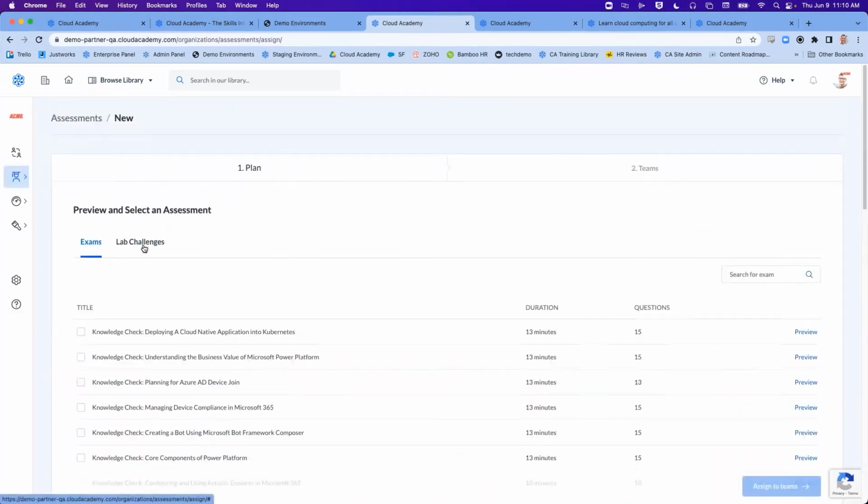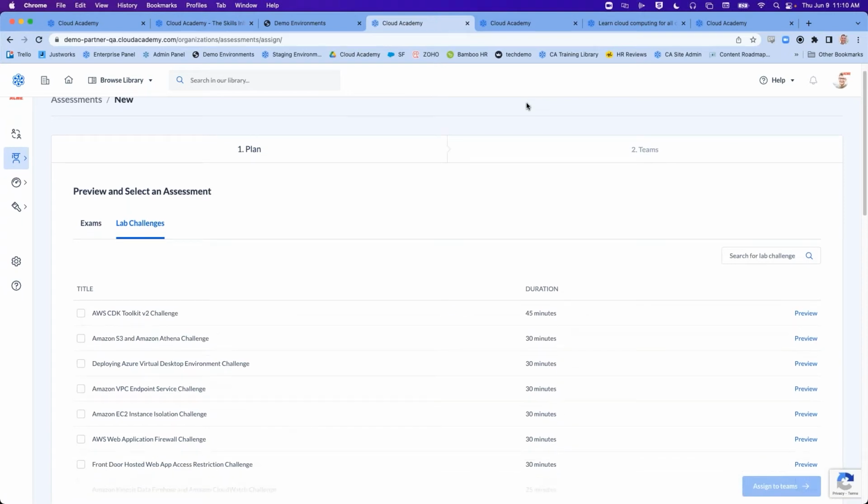But more importantly, what sets us apart within this space is the ability to leverage a lab challenge as a baseline assessment. I've mentioned it a couple of times, but as a little bit of foreshadowing, we'll talk about customization towards the end. But for now, understand that what makes a lab challenge unique is that we are giving access to a live environment to your users, then presenting them with a scenario. In this real world scenario, we're going to break something. The end user has to then apply their real world knowledge and skills and understand how to fix the problem. This is ultimately the truest test of practitioner level skills.